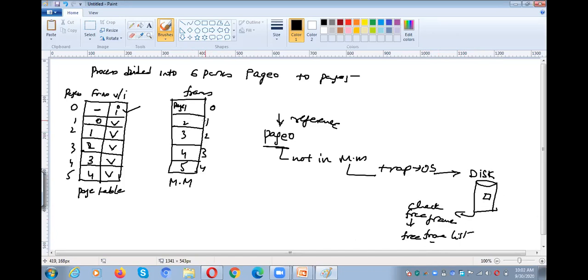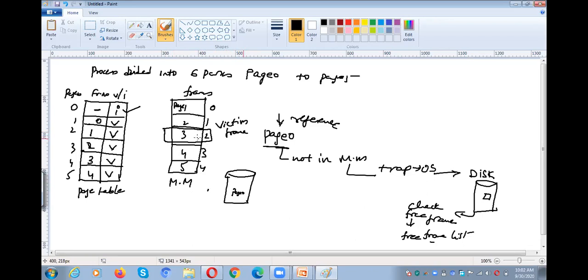Then what do you have to do? We need to choose one page from the main memory frames and swap it out into the secondary memory. Okay, this is the main memory, and for example, this is the secondary memory. Page 0 is in secondary memory, so I will select one of the pages as a victim frame.